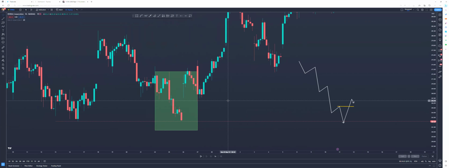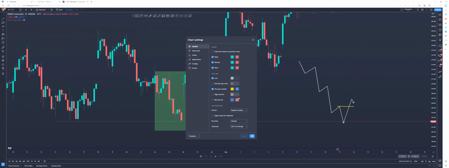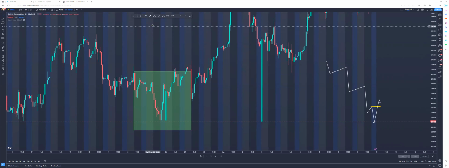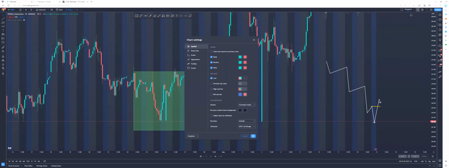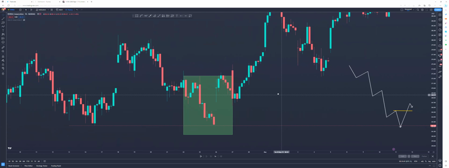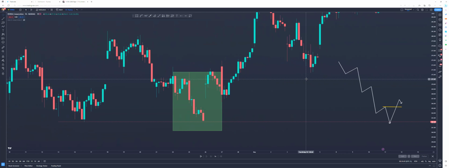Let me turn the pre-market on real quick. Actually, the pre-market was ugly as hell, so I'm turning it back off. I actually trade with the pre-market off most of the time when it comes to structure. I'm also going to get into this in a minute: I actually took calls at the bottom without breaking structure. We're not going to get into that right now. Obviously I'm a little riskier. I've been doing it for a minute.